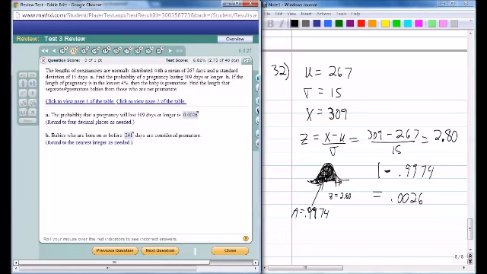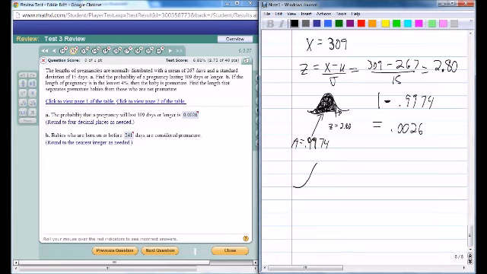Part B says, if the length of pregnancy is in the lowest 4%, then the baby is premature. Find the length that separates premature babies from those who are not premature. So we have all these births, we have all the data, how long it took. All of it's under our bell curve. We want to know the value that separates the bottom 4% from the top 96%, because that's going to be the place where pregnancies are considered to be premature, according to this. So if we know that bottom is 4% of the total,